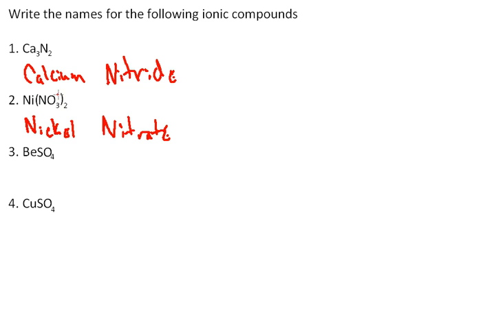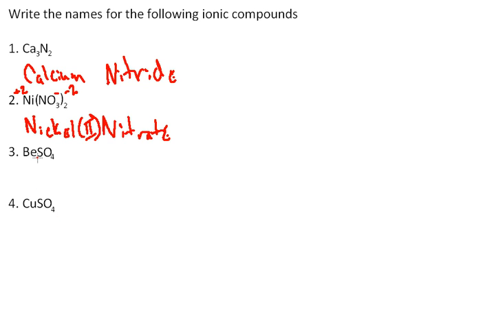So what we need to do is look at the charge of what it's bound with. Now you might be tempted to say, okay, nitrogen's a -3, each oxygen's going to be a -2, so there's 6 plus 3, 9, and there's 2 of them, 18. Don't do it that way. Look at NO3 as a whole, and on your polyatomic ion sheet, you're going to see that NO3 has a charge of -1. Since there's 2 of them, my total negative charge is going to be -2. To balance that off, I've got to have a total positive charge of +2. Since I only have one nickel, that one nickel's charge has to be the entire positive charge. So this is going to be nickel, Roman numeral 2,